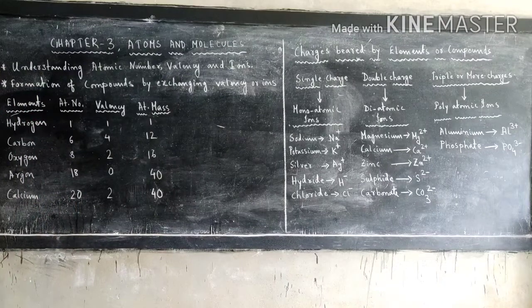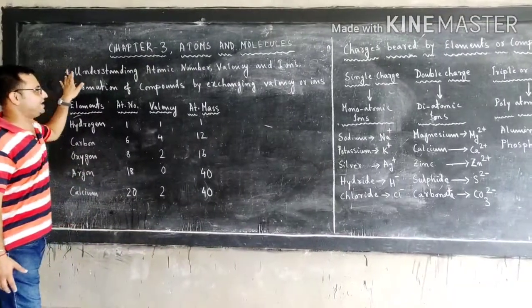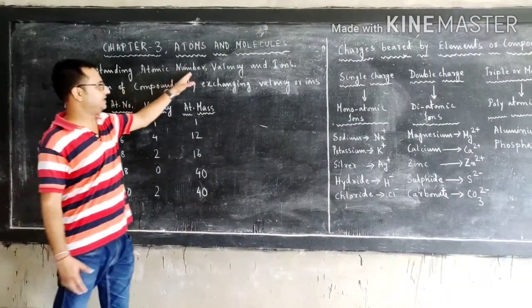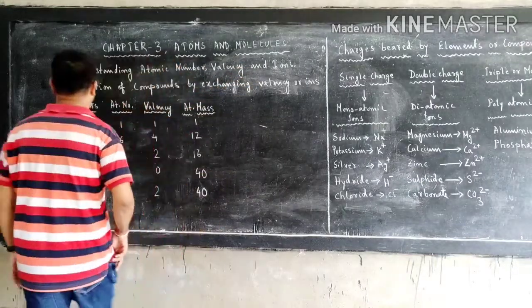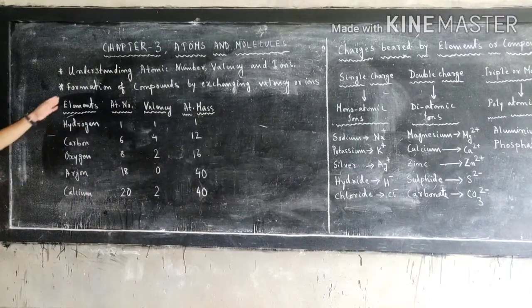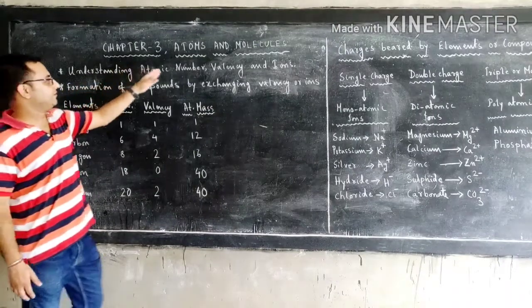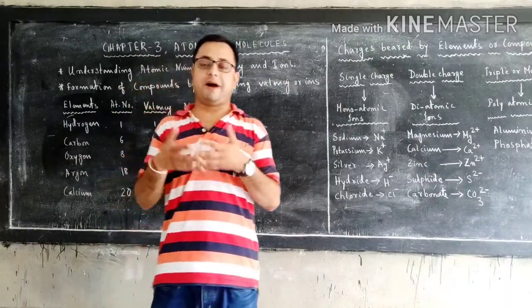That is, number one, understanding the atomic number, valency and ions. What is it? Then we need to understand the atomic number, valency and ions. Now to talk about this